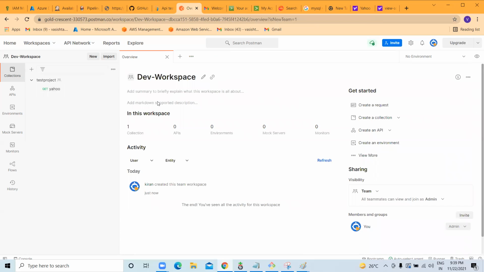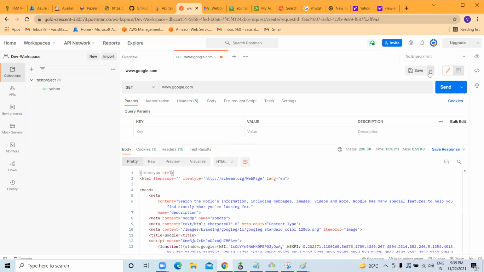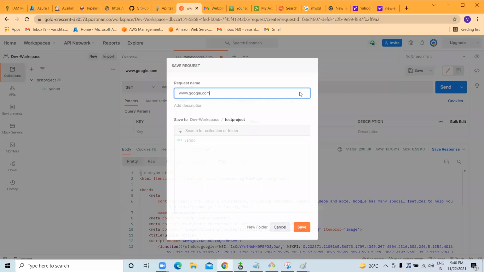This is a new request. So generally every time you have to enter a new request, create a new request. Your www.google.com, send request. Now you can save your query. This information will be saved into your Postman application. So whenever you want, you can test here. So this is the Google